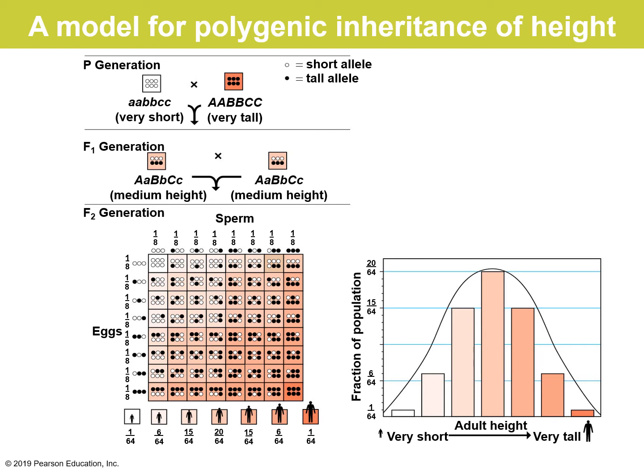Now, if you look at the Punnett square with different possible combinations in which the sperm and the egg can segregate and then later fertilize, we get different kinds of individuals with different heights based on all of these permutations and combinations. If you now plot it in a bar diagram, you find that most of the time these polygenic traits exhibit a bell-shaped curve, as shown on the bottom right side of the figure.